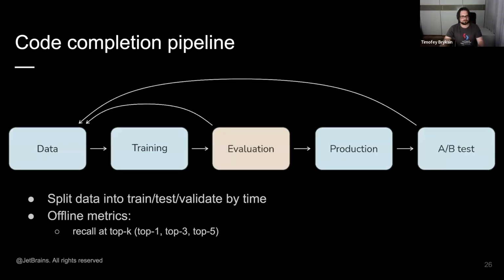Okay, so I guess we move to the evaluation of this. Our experience shows that you don't need a lot of data to train such a model. In our case, it was about 30,000 data points, and we got them from the users of EAP releases. We split them by time, so we don't peek into the future.